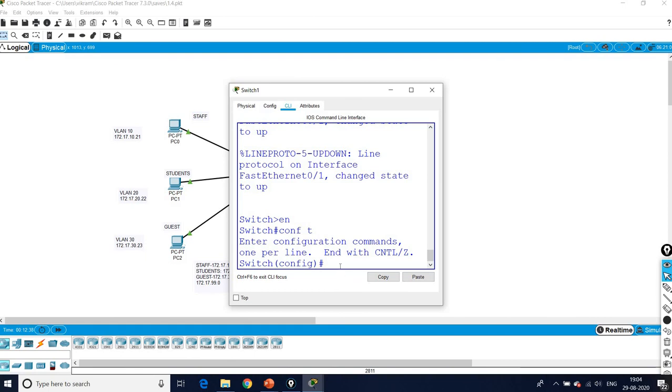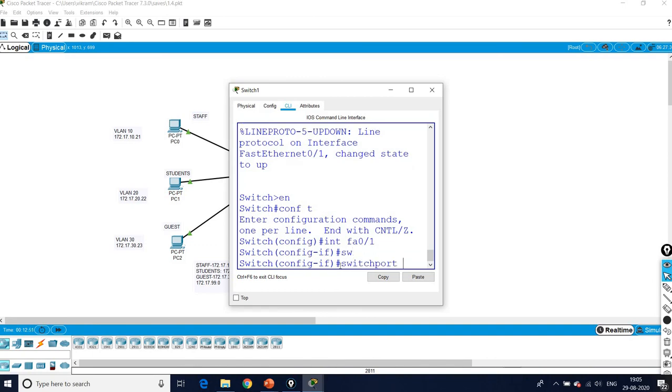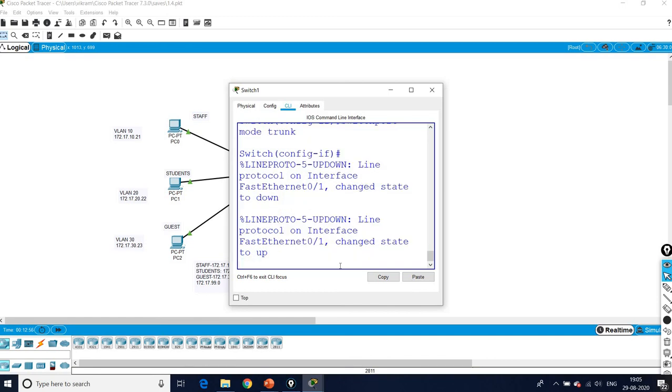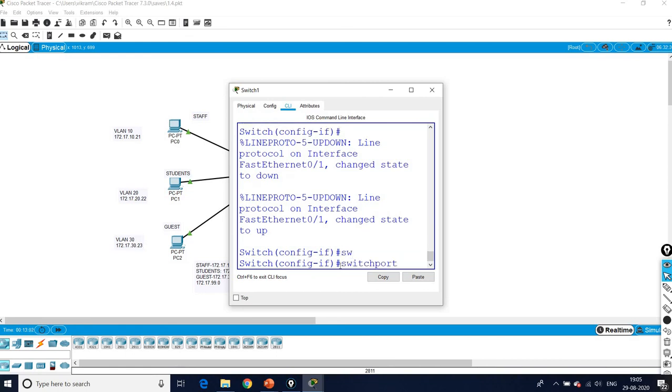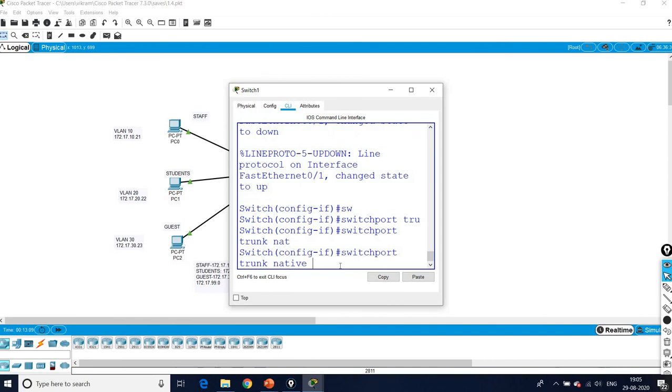Interface FA0/1 FastEthernet. Okay. Switch port mode trunk. Now switch port trunk native VLAN 99.